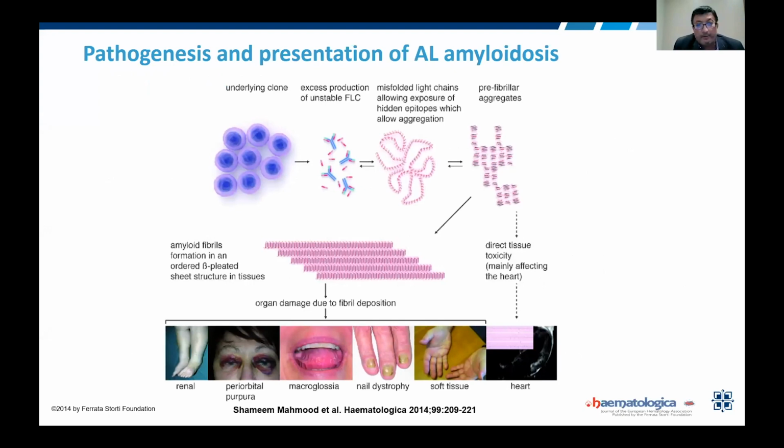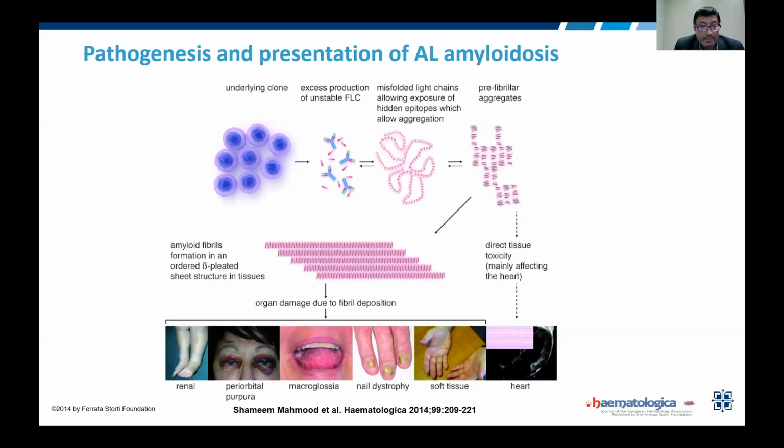and they produce plasma cells. We have immunoglobulins. The immunoglobulins can eventually have misfolded light chain. So there is a problem here with the folding stabilization. And they eventually lead to fibrillar, prefibrillar aggregates, and eventually we have fibrillar aggregates. They can be directly toxic to the organ, or they can make fibril deposition to the different organs to our